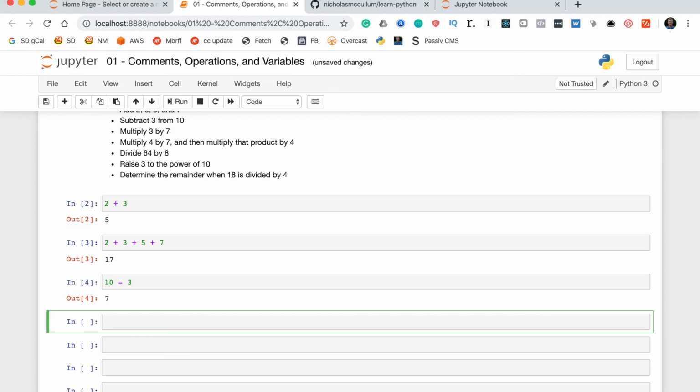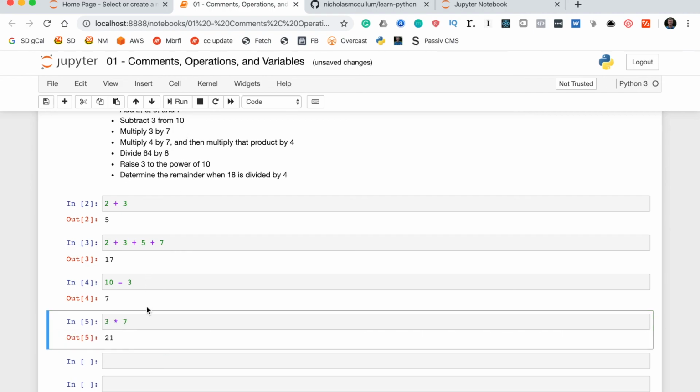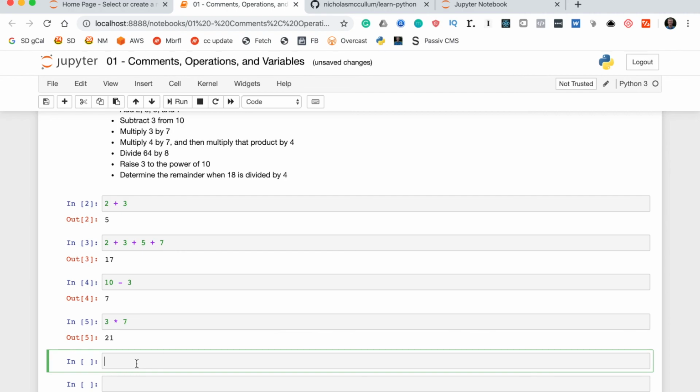Instead, we use the asterisk, which looks like that, and it is Shift 8 on most keyboards. So to multiply 3 by 7, we do 3 times 7, and we should get back 21. Awesome. Now, we want to multiply 4 by 7, and then multiply that product by 4 for the next portion